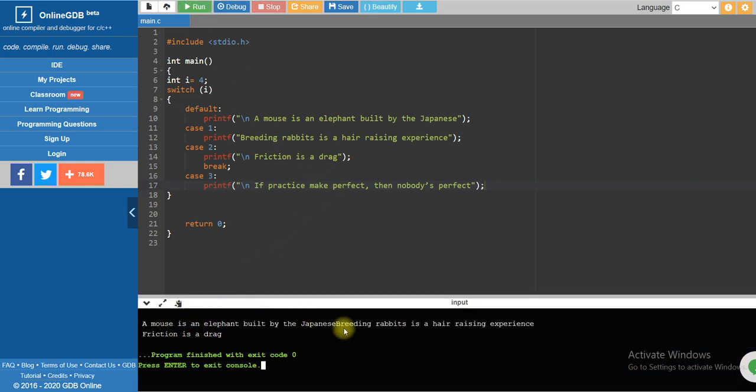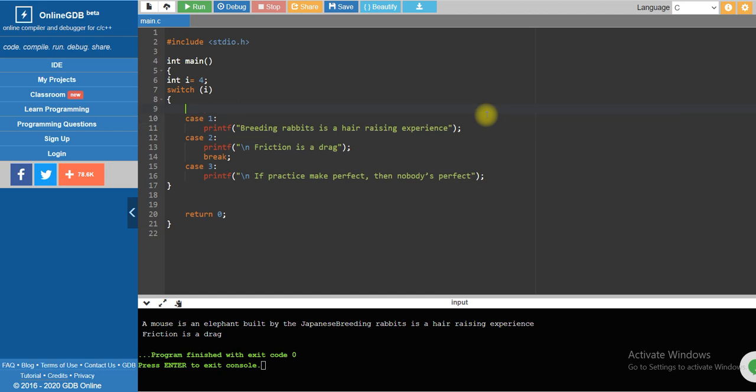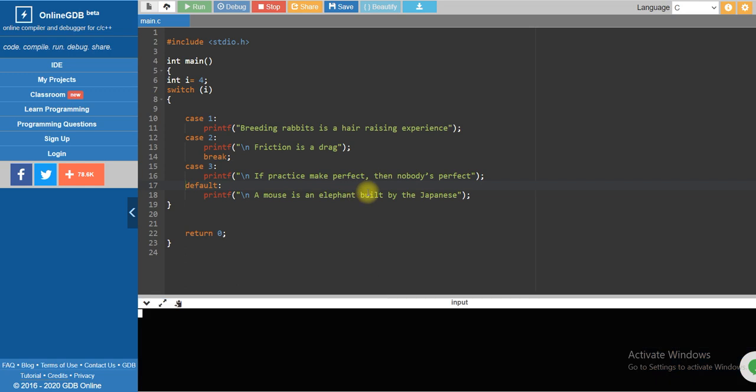So you can see here the first line up to Japanese is printed, again breeding rabbit is printed, and friction is a drag, right? If I take this default and move it down, what will be the output now? There will be only a single line: a mouse is an elephant built by the Japanese. There is no following line, so the other cases are not printed.